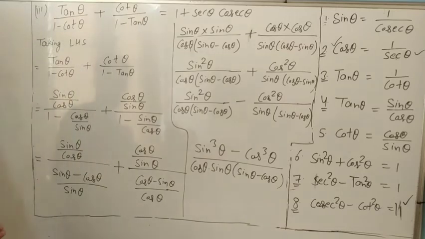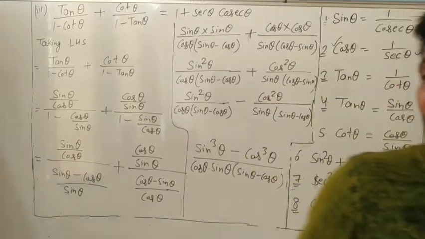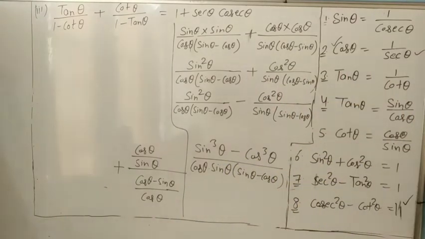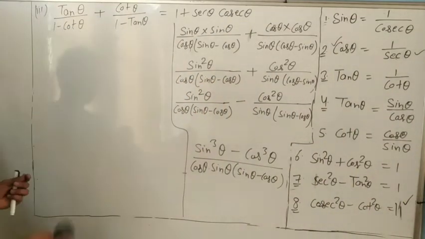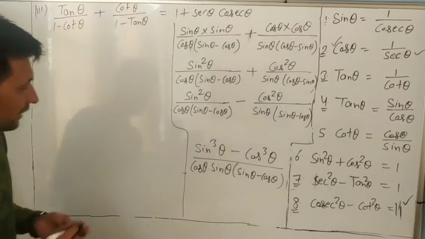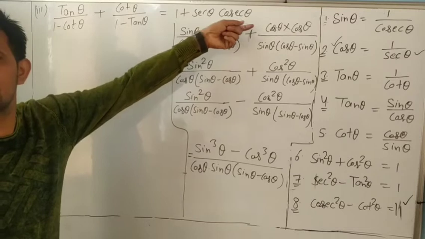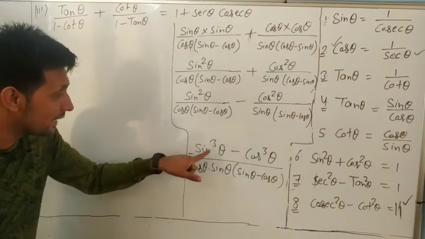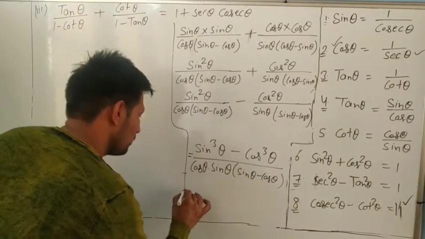Now there is a space problem. What will we do? Please note it down first, then we will do the next. There is a space problem, that's why I rubbed that side. We have already finished that. Now what will we do? We want to change it into 1 plus sec plus cos theta. Yes, it is the a cube minus b cube formula.